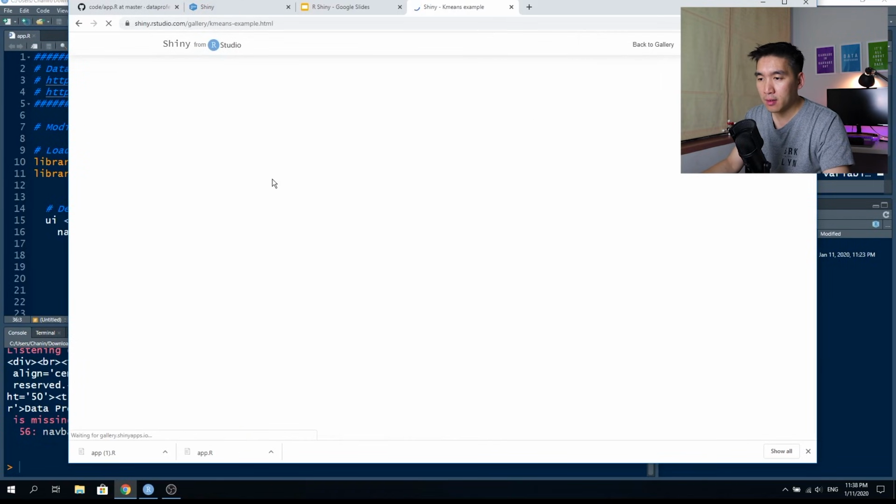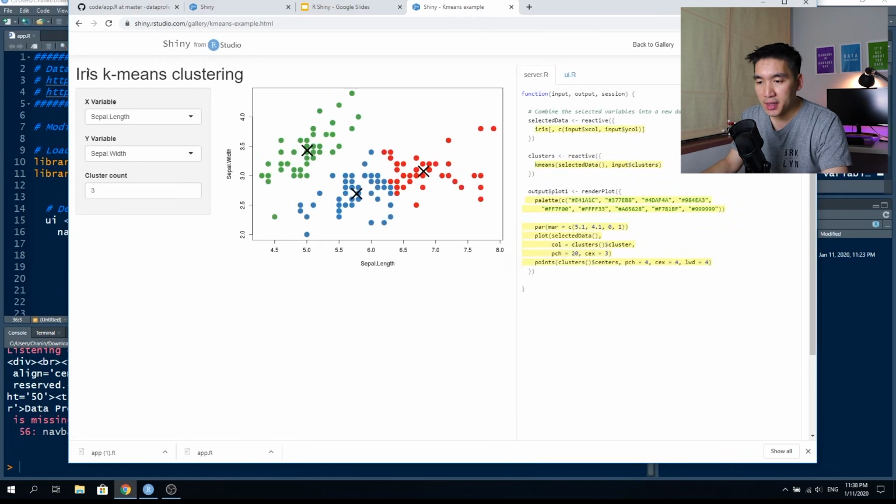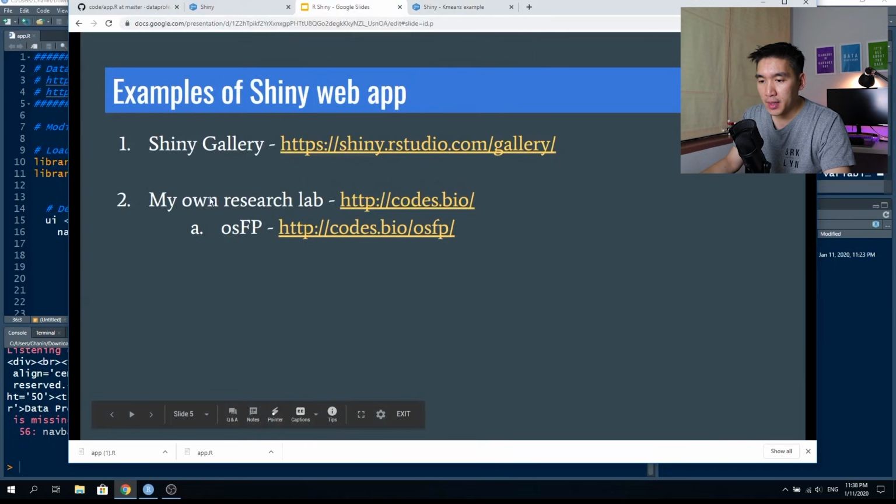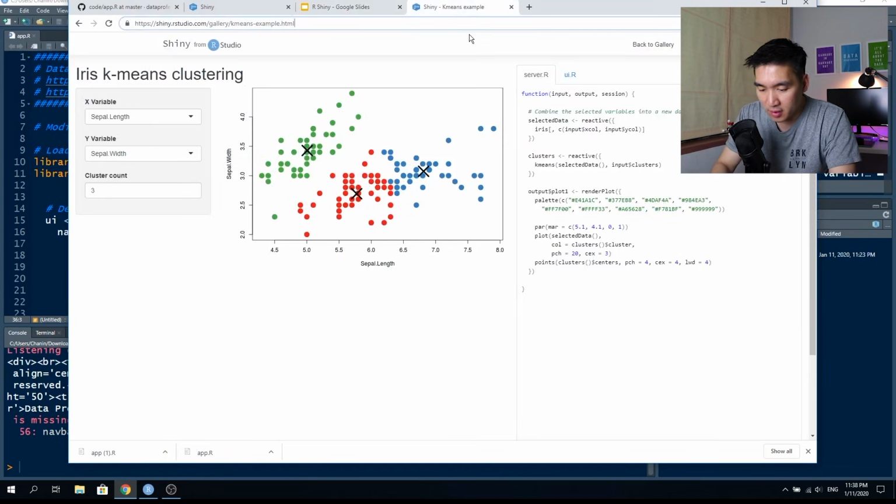K-means clustering using the iris dataset, right? Okay, and then the next one is to have a look at some of the web applications coming out of my own research lab. So let's have a look. Let's go to